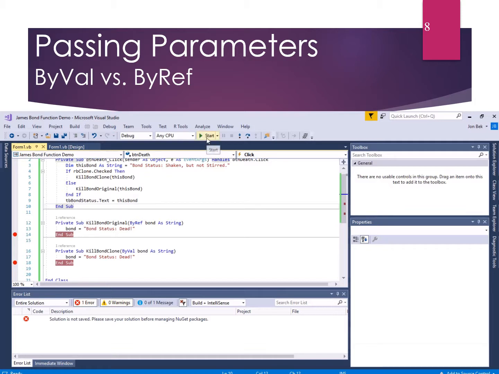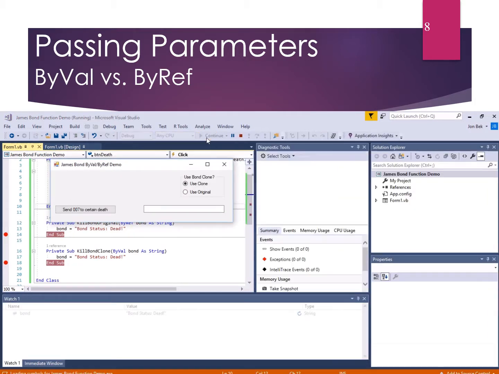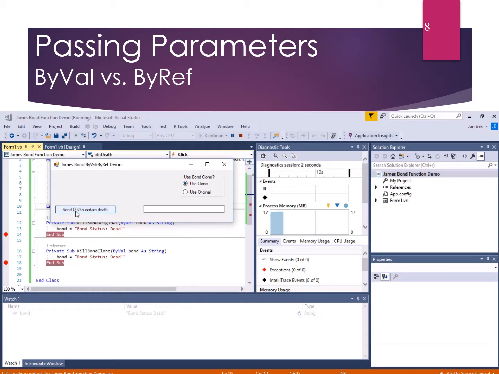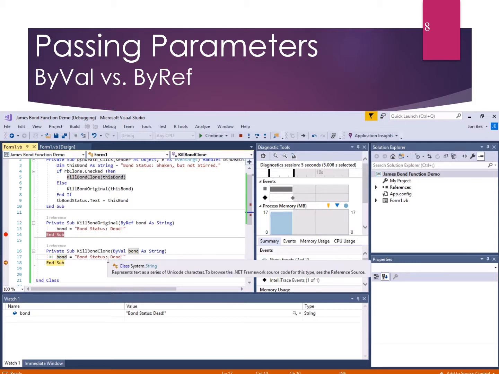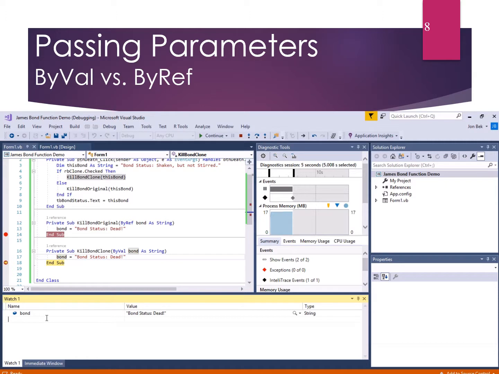Okay, so let's see that actually happen. So let's use a clone. I send bond to certain death. Program breaks. Now it's already run right here. It's showing us that it's run that. And if we look at bond, this bond variable, the string has been changed to bond status dead. Okay. It does not matter how I change that though. The original this bond